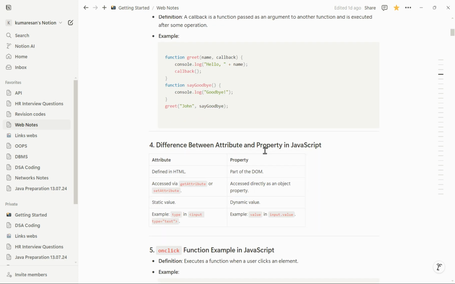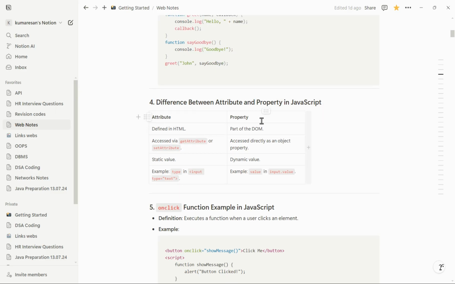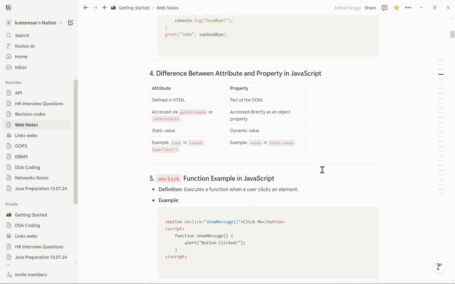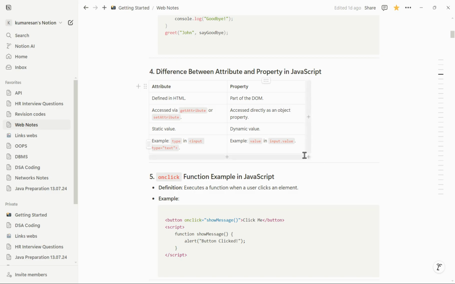What is the difference between an attribute and a property in JavaScript? An attribute is defined in HTML. A property is a part of the JavaScript object oriented model. An attribute is accessed via getAttribute and setAttribute. A property is accessed directly as an object property. An attribute is used as a static value, while a property can be changed to a dynamic value. For example, type text is an attribute. And value, input dot value, gets the value in the